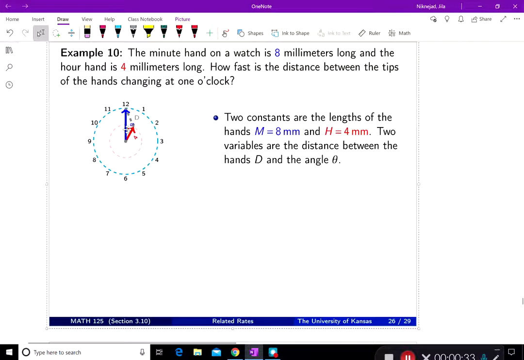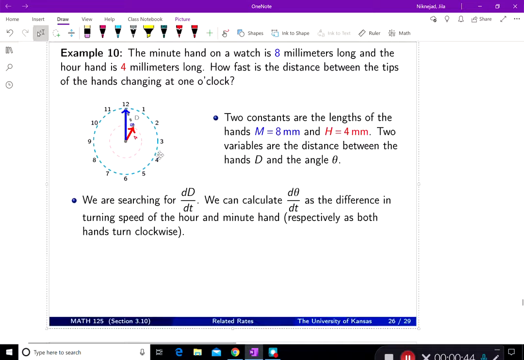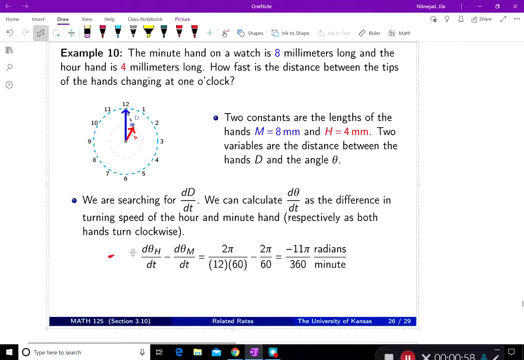We're talking about d, the distance between the tips, changing, and theta, the angle between them, changing. It seems like I should know how theta is changing because I know the angular speed of the minute hand and hour hand. And so I'm subtracting the angular speed of the minute hand from the hour hand, and so at